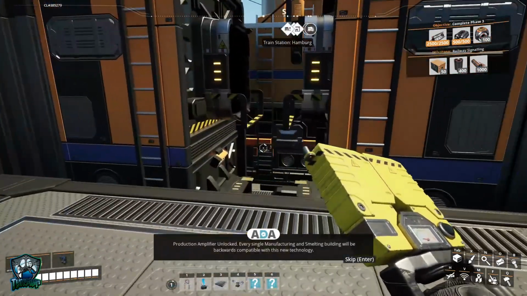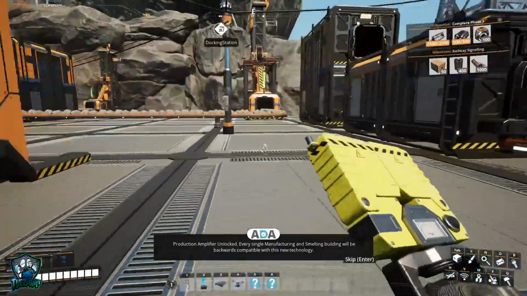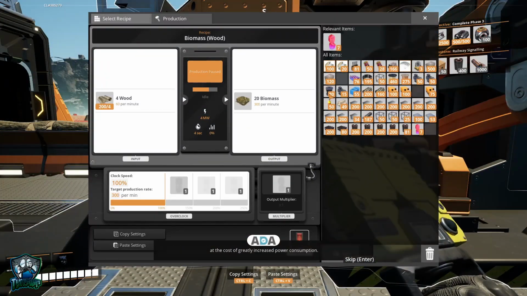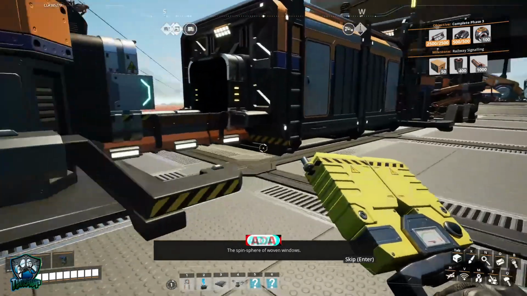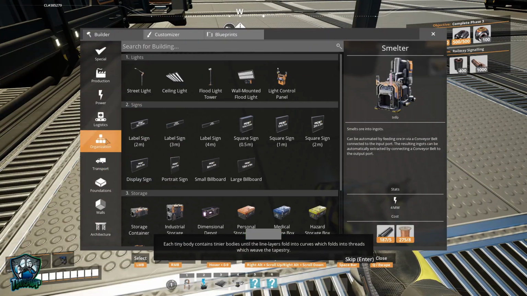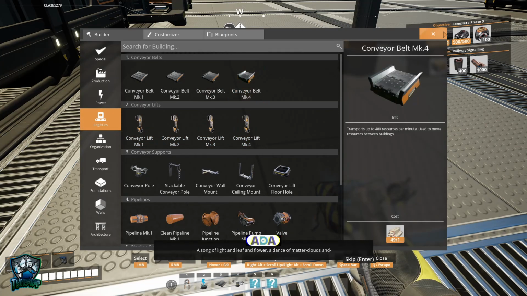Production amplifier unlocked. Every single amplifier manufacturing and smelting building will be backwards compatible with this new technology. These buildings can now have a summer sloop embedded to increase resource output without requiring more input, at the cost of greatly increased power consumption. Flow cycles within flow cycles make explosions into temples into explosions into temples. Each tiny body contains tinier bodies until the line layers fold into curves which fold into threads which weave the tapestry. A song of light and leaf and flower, a dance of matter clouds and...